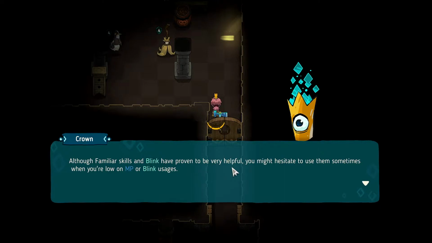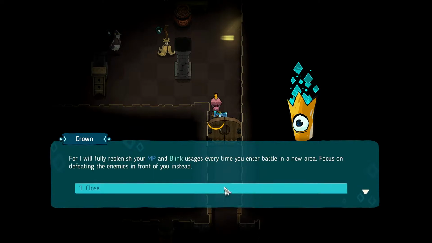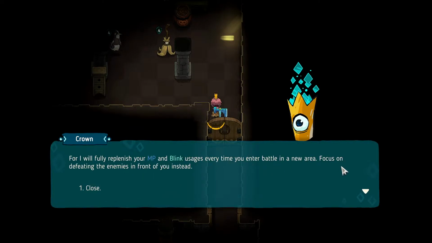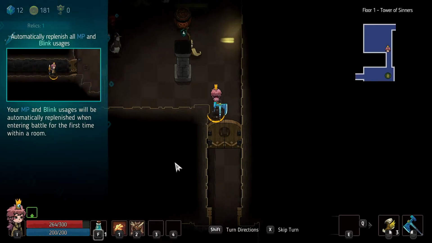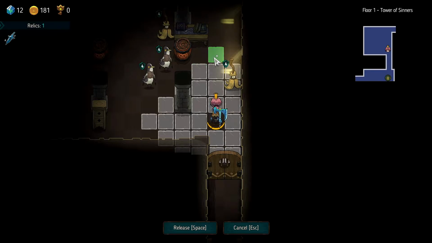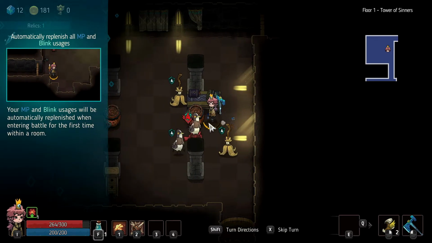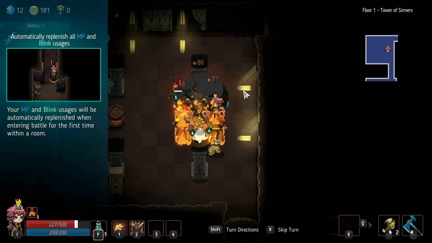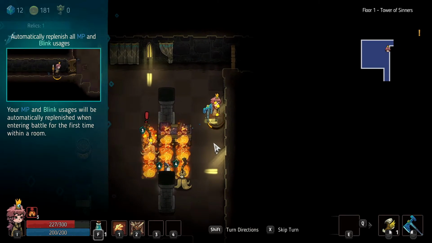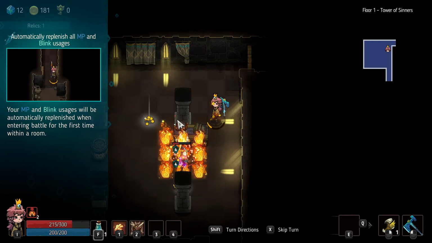Although familiar skills and blink has proven to be helpful, you might hesitate to use sometimes. Human nature to worry. Every time we enter a room, our MP and blink will be recharged. It's like out of Fantasia, this. We have some weird bird. Oh, this is gonna hurt. Yes, it does. So, not the best tactic, but now I will try to...